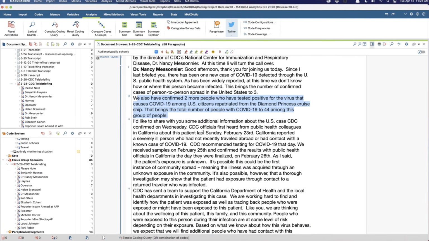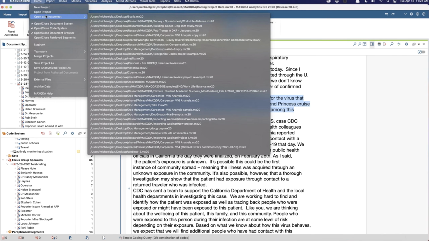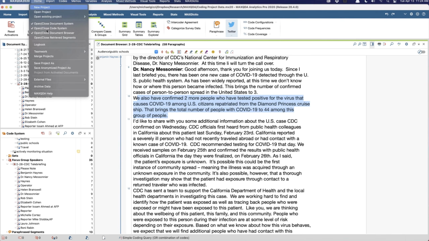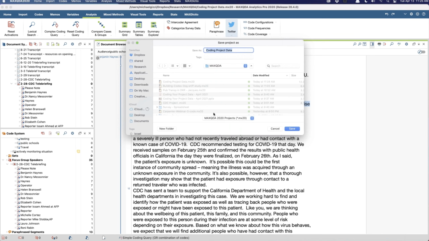Second hint, feel free on a regular basis, every time you start, every time you do a new batch of work, use Save Project As. Open the project, click Save Project As, give it version 2, version 3, or by date, or some other name.